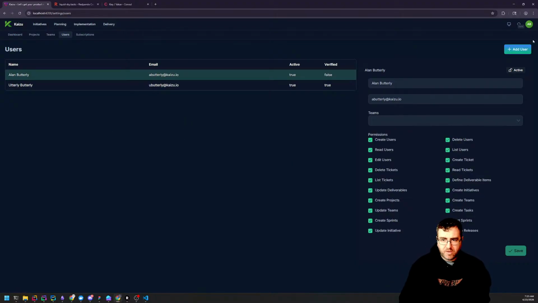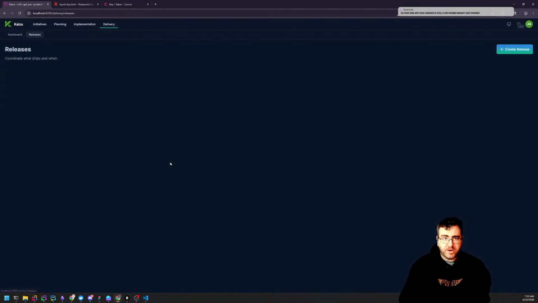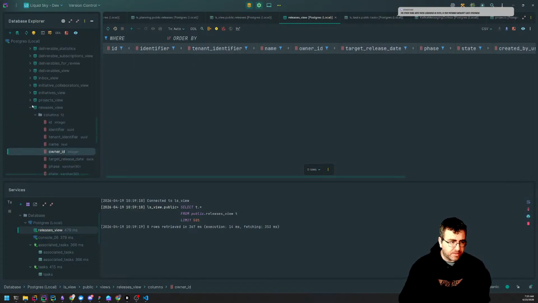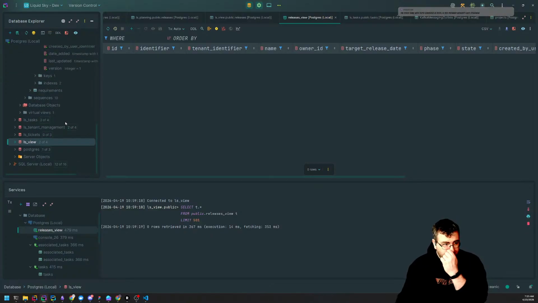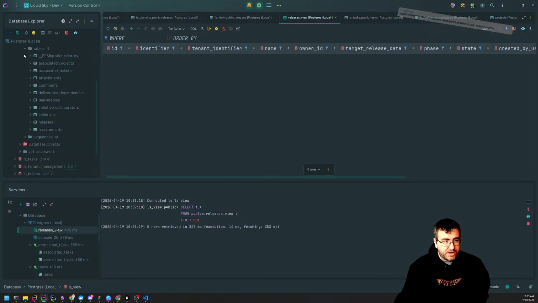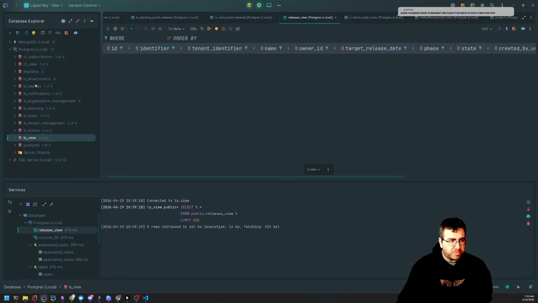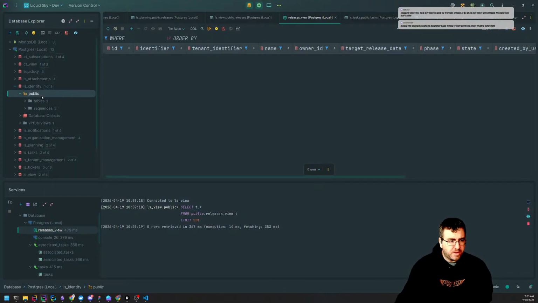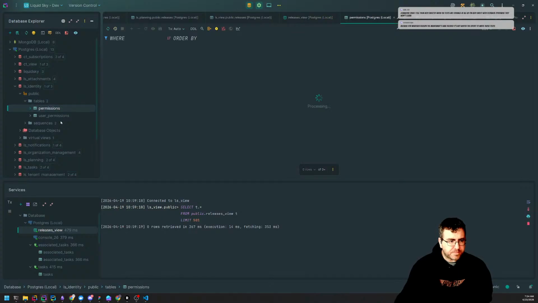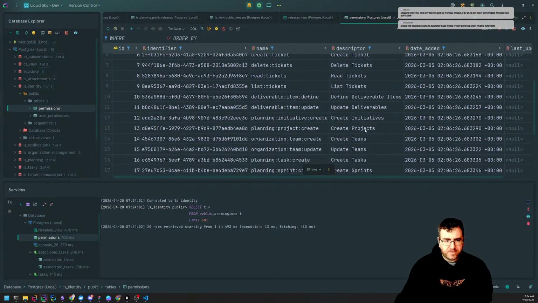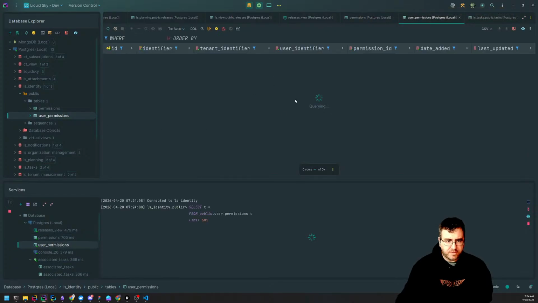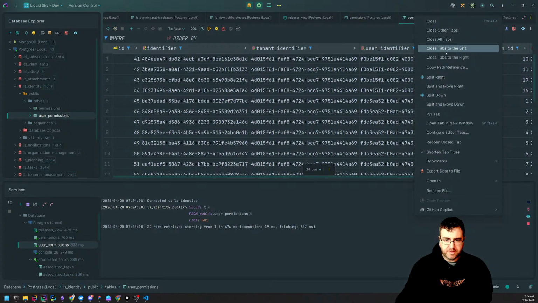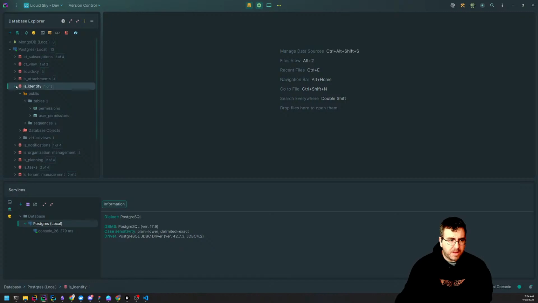Okay, so I've waffled enough to make sure that this should have made it full circle now. So we should have a permission now. Actually, I can do the right thing here and check. So those permissions have to percolate through the system. Once you change it, the permissions get added and registered in multiple places. So permissions, planning, release, create is there. User permissions, right? So all my permissions list are there. Now, what happens is